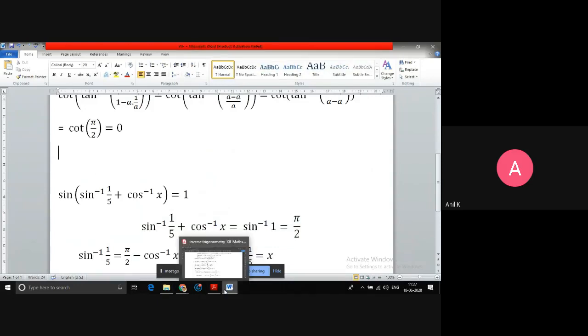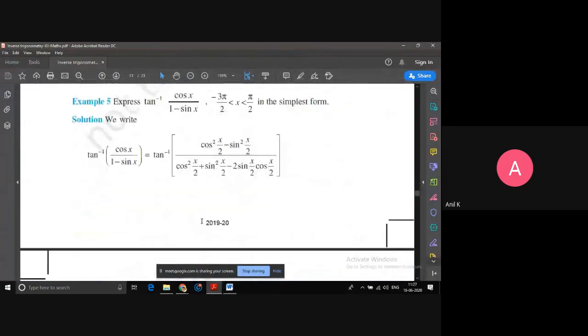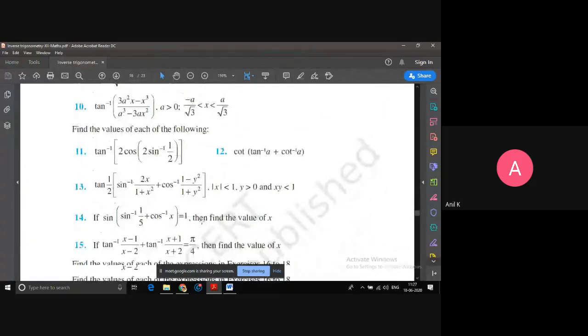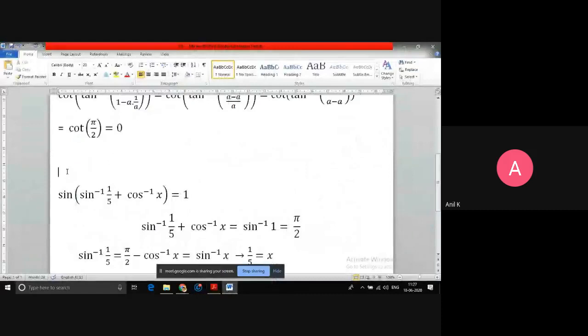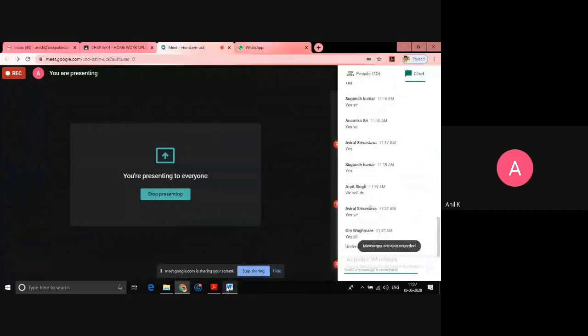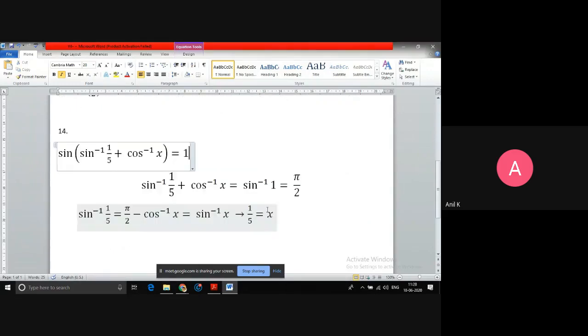So this is our question number. Is that understood, everyone? What is the question number? This one, 14. So this is the explanation for question number 14. Okay, good. If the equality sign is not there, they'll ask you to simplify, and in that case I use the triangular method. Since equals to 1 is there, I can simplify this sine.